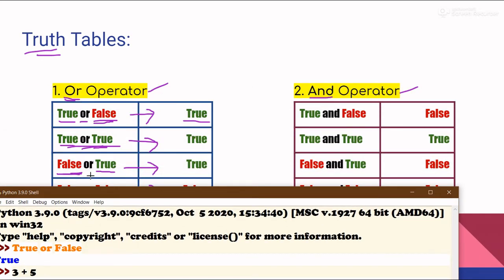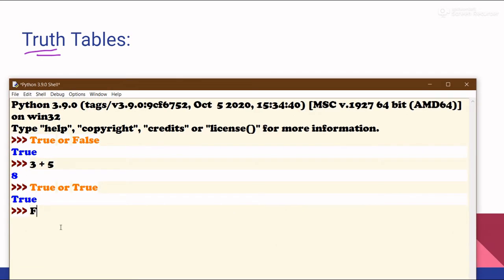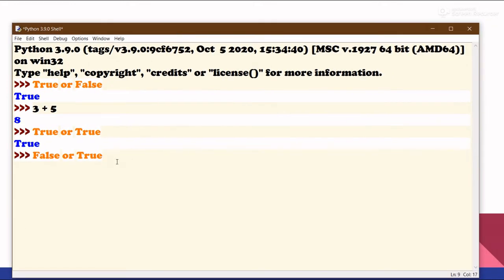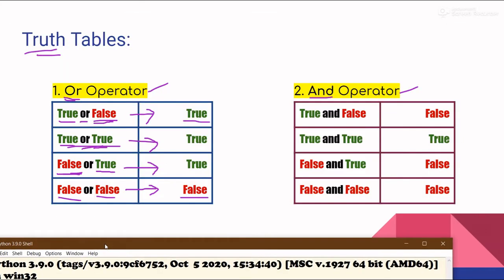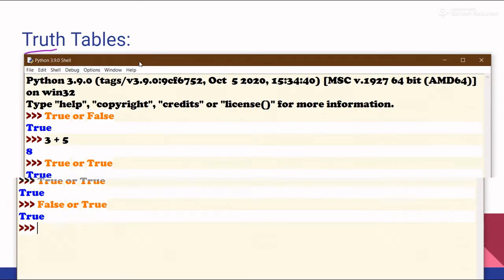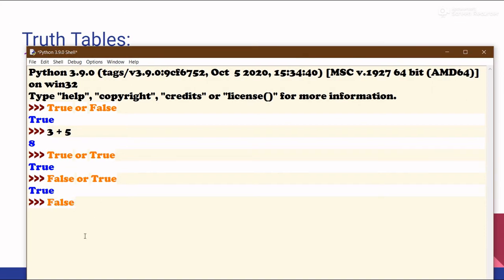The next one is false or true. Again, in this situation you can see this is almost the same thing as this, only the order is different. Here also one of the operands is true, so the result should be true, obviously. Now the last case is false or false. So in this situation both the operands are false and none of them are true, so the result will be false.